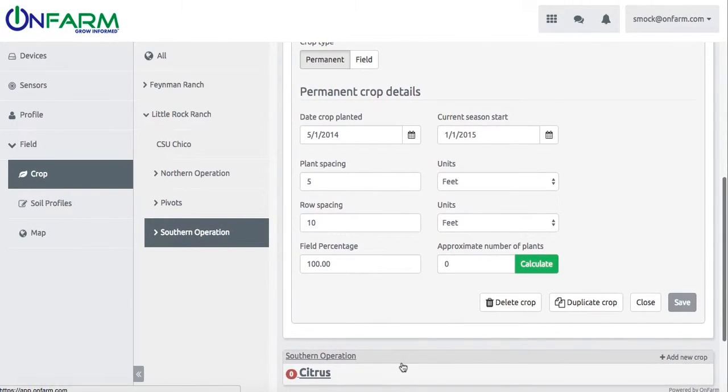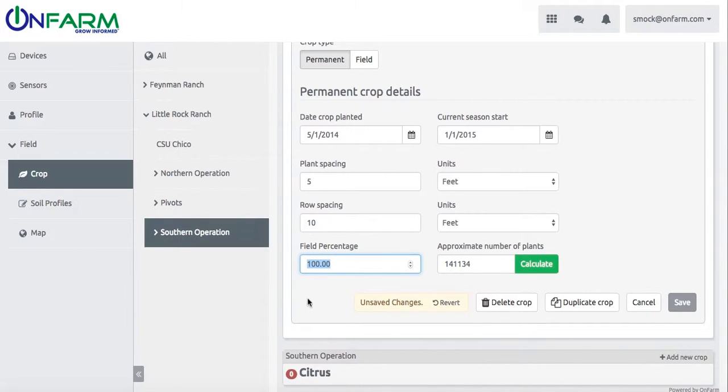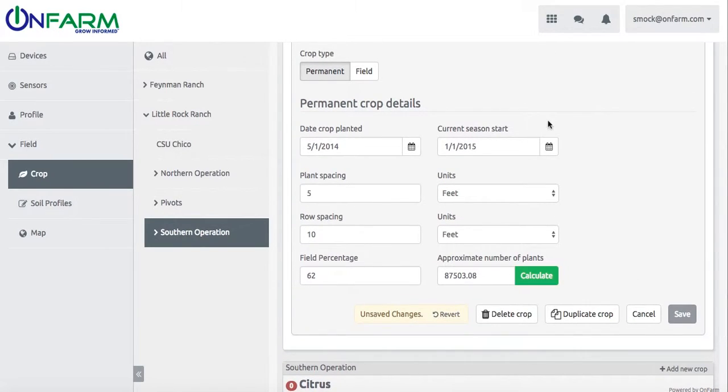So if I have 2 crops in the same field, I can either use the approximate number of plants button to calculate, or I can say that the field is maybe 62%, in this case cherries, and then it will calculate a different figure. So in this case, since I have 62% of my field in cherries,